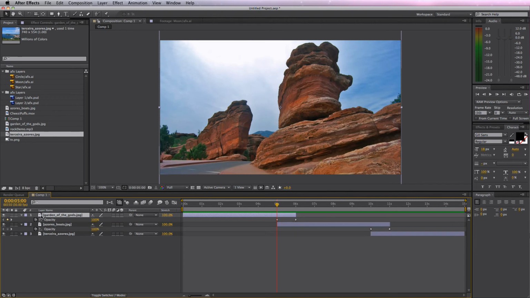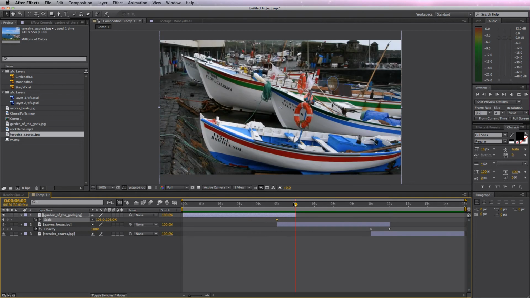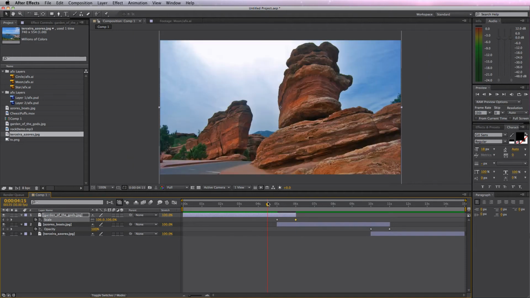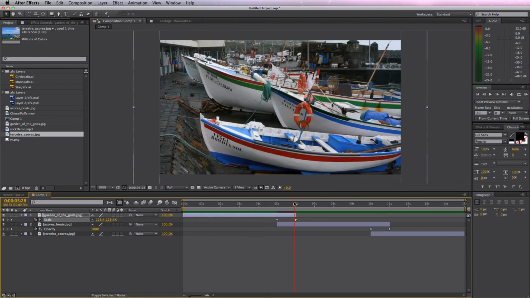So let's take this and put S for scale again. I'm going to set a keyframe here, and I want to go to the end, and I'm going to set it to be 130. So what's happening now is this is going to start here, and it's going to grow as it fades. Same thing. Let's go here, set the keyframe,